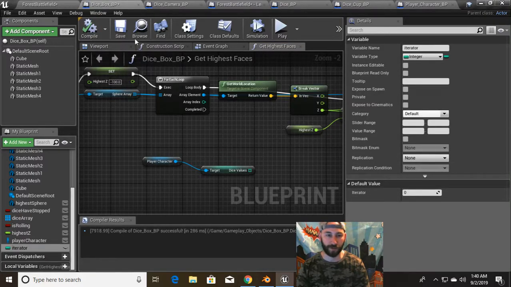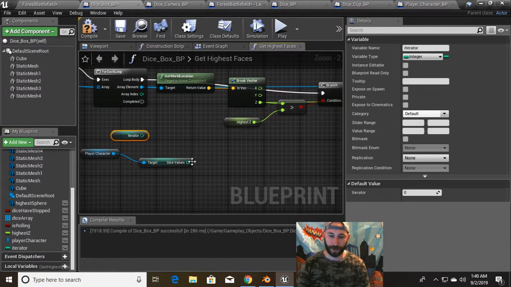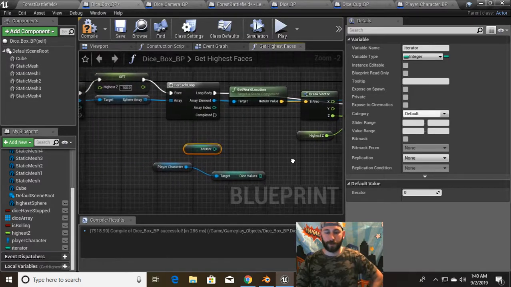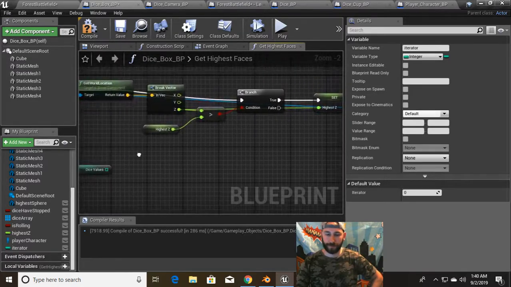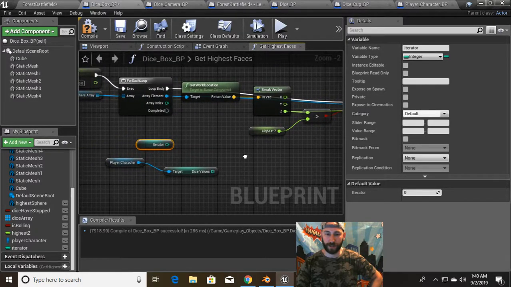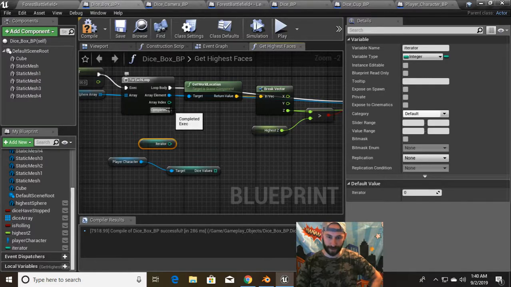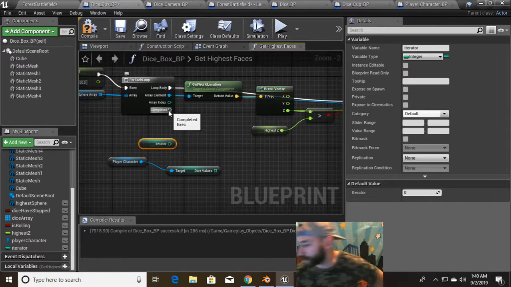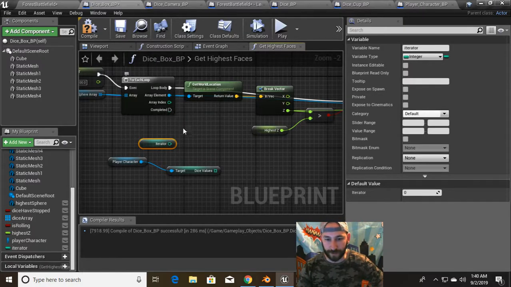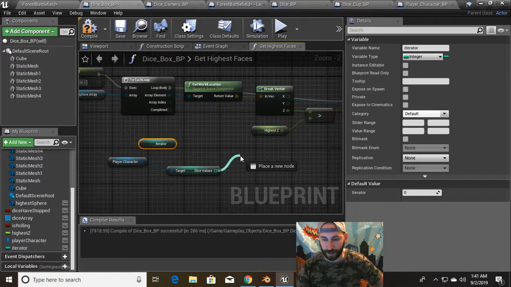Its default value will be 0. Perfect. We'll go ahead and get him. So that will take care of getting the highest sphere, and when it's done looping through all of the spheres, we need to basically